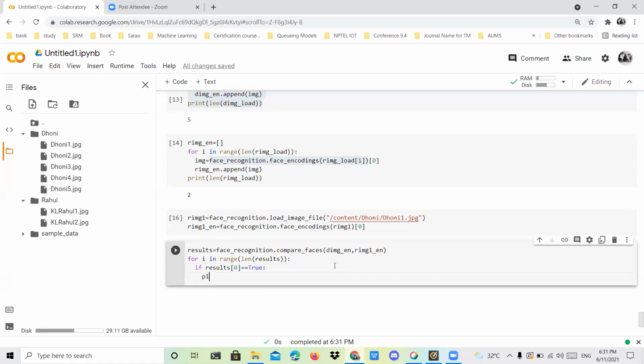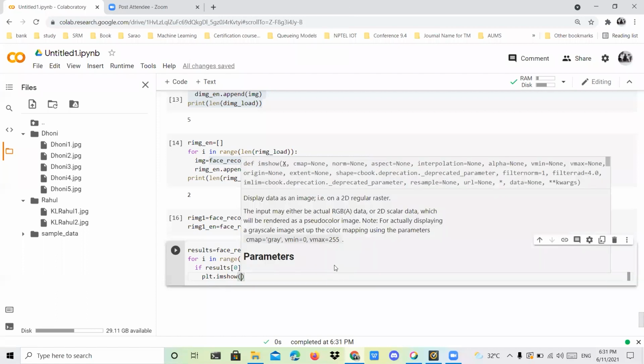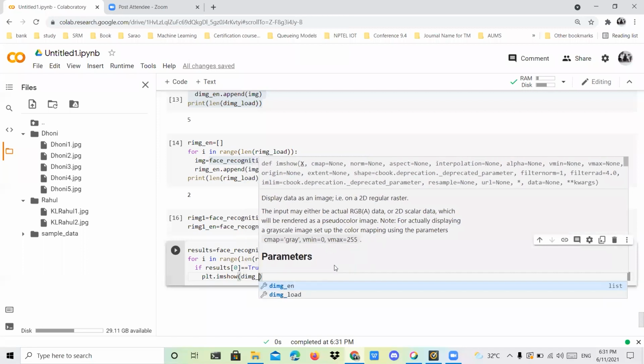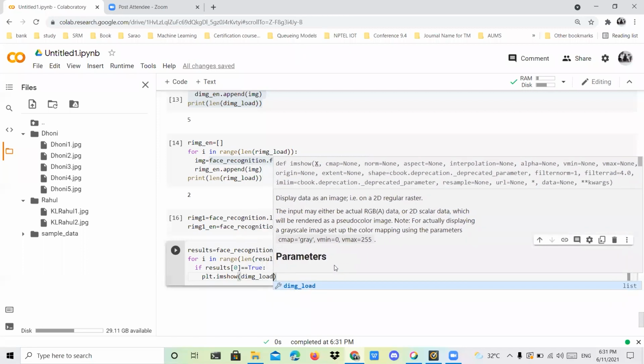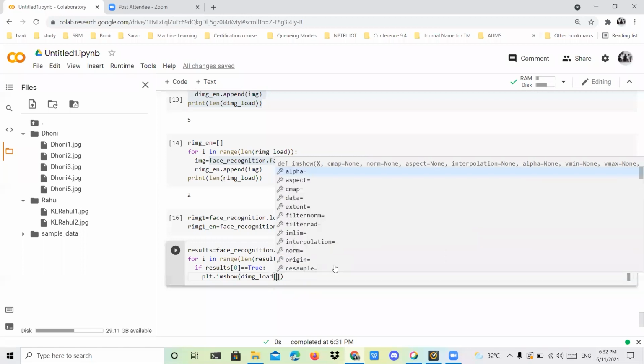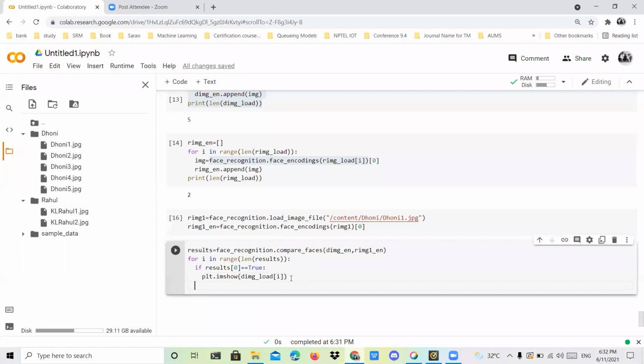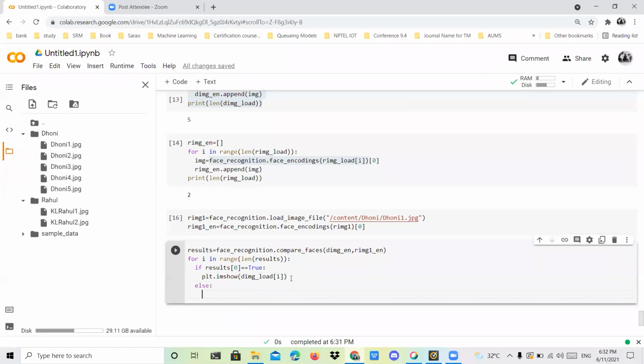So you can give plt.imshow within brackets, image_load[i]. Else, if it is false, I want to print no match.